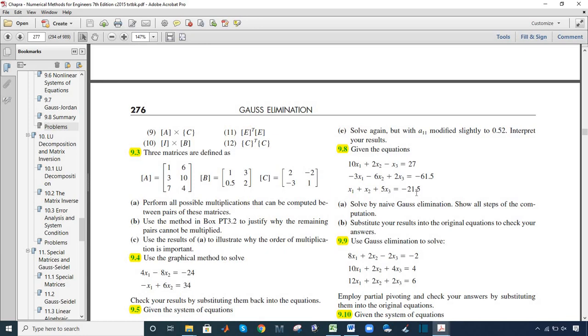When you solve this question 9.8, you will get the values of x3 is equal to -6, x2 is equal to 8, and x1 is equal to 0.5. When you put these values into these equations, you will get these answers definitely. 9.9,